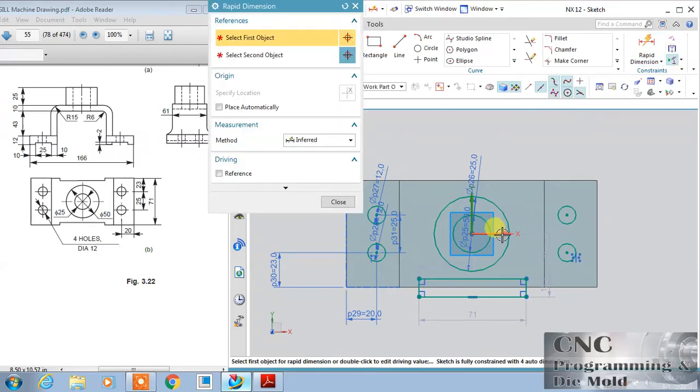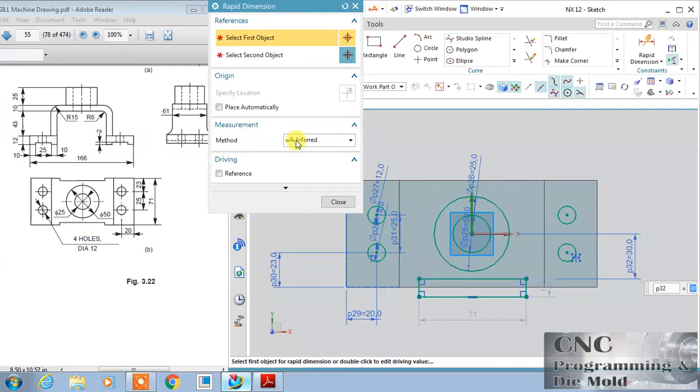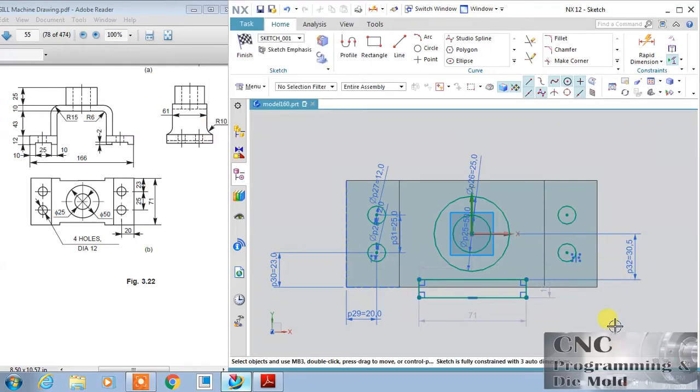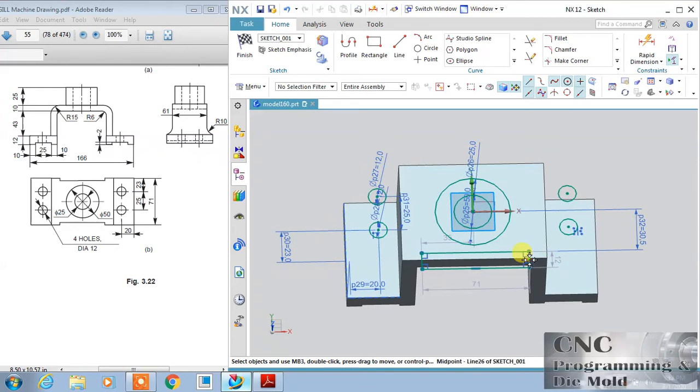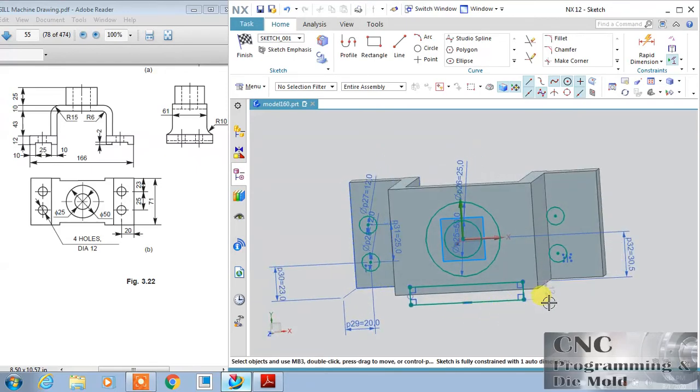Select dimension, and the distance between this is 61, meaning half of 61, and close. This point must be aligned with this, align, and the same, this point must be aligned with this line, or constraint point on curve. So my sketch is defined. If you want to define this dimension you can, otherwise leave it. It is not that necessary.